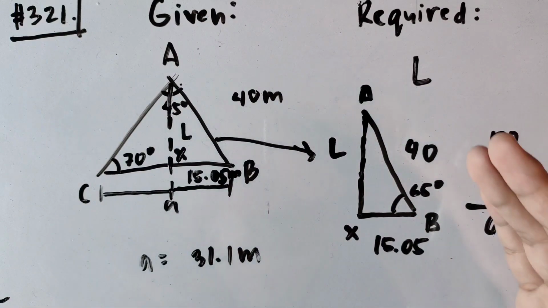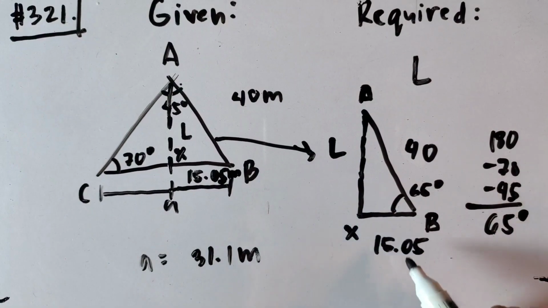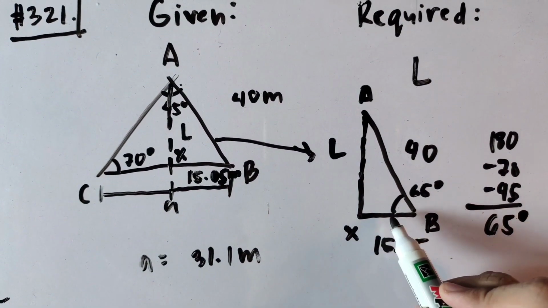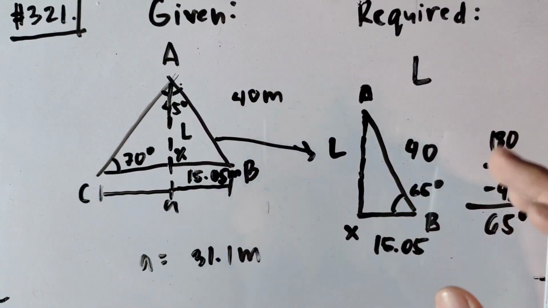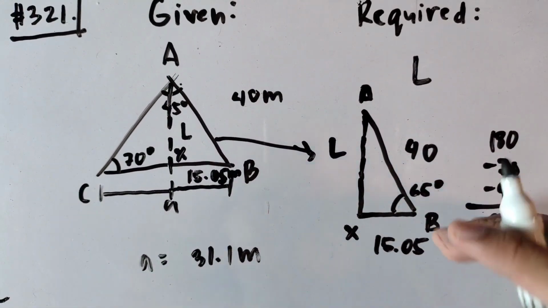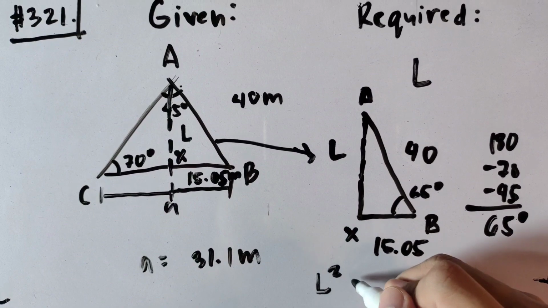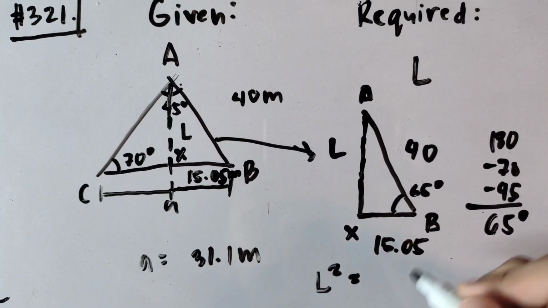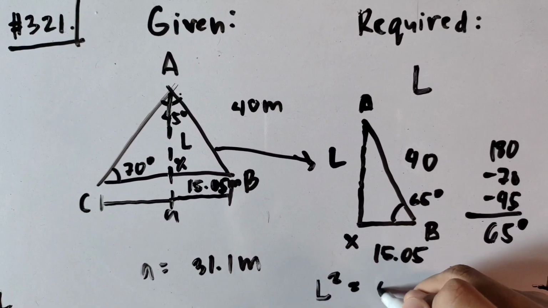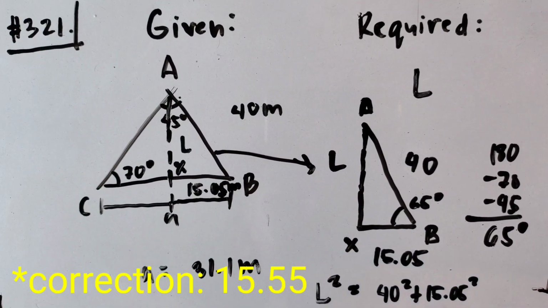Dahil nga, tulad ng sinabi ko dun sa previous na video natin, magagamit mo lang ang sine law kapag meron kang pair ng side at ng angle. So dito, kung given sana tayo ng length ng side na ito, tsaka ng angle na ito, pwede sana natin gamitin yung sine law. Pero dahil wala yun, gagamitin natin ang cosine law. So ito yung formula na gagamitin natin sa cosine law. L squared, or yung hinahanap nating side, is equal to the other two sides. And the other two sides, ito 40 tsaka yung 15.05. So 40 squared plus 15.05 squared